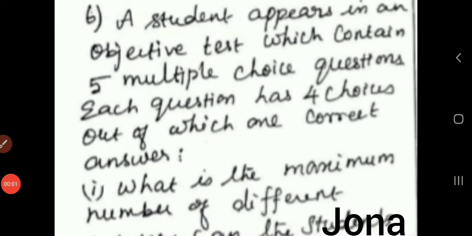Sixth question. A student appears in an objective test which contains 5 multiple choice questions. Each question has 4 choices, out of which one is the correct answer. What is the maximum number of different answers the student can give? Here the total number of questions